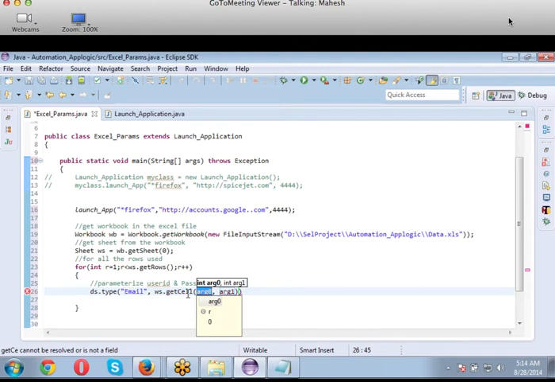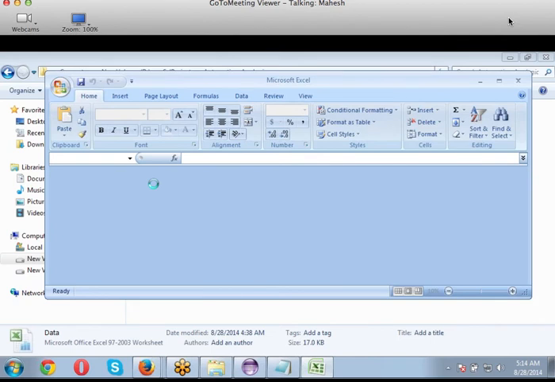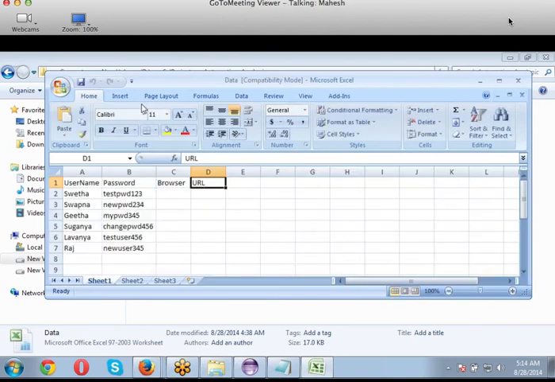Okay, so if I have to read my spreadsheet from a location, see, I'll open my spreadsheet. Starting point of my spreadsheet is 0th row and 0th column. But here the first row and first column are column names, which I don't want to read. See that? In the spreadsheet, this is my 0th row and 0th column here. Everyone, are you with me? Yes, Mahesh. Please concentrate here, everyone. Okay. Column name is username. But I don't want to read the column name. First, I want to read the first value, called Sweta here. This is where I have to start reading my values from. And likewise for password also I have to read it from here.